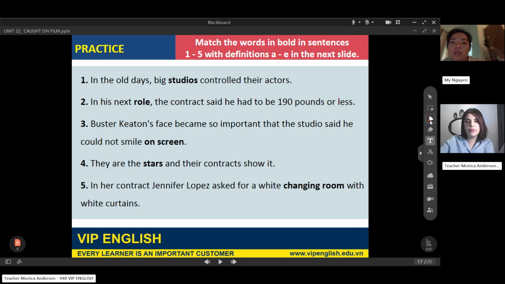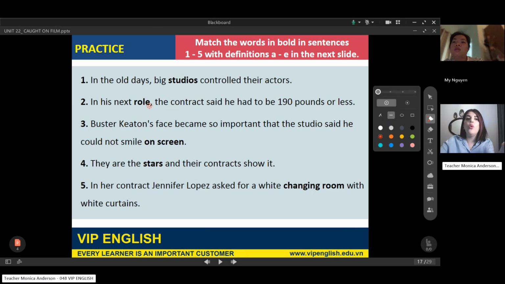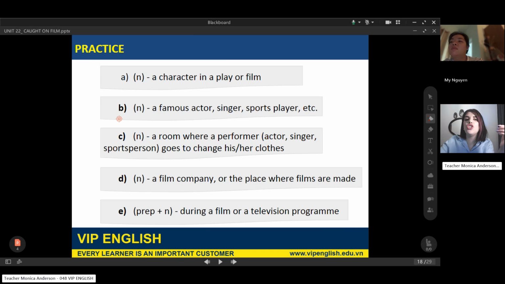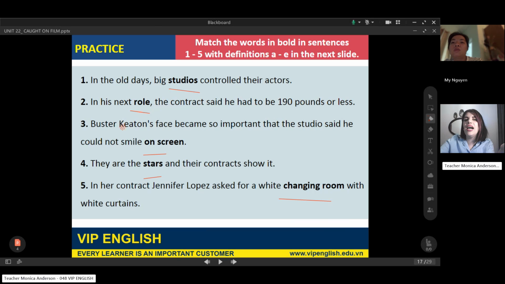Number 3, right? No, no. Well, look, this one or this one or this one. So words in bold should be matched to these definitions. It's a noun. A character in a play or film is